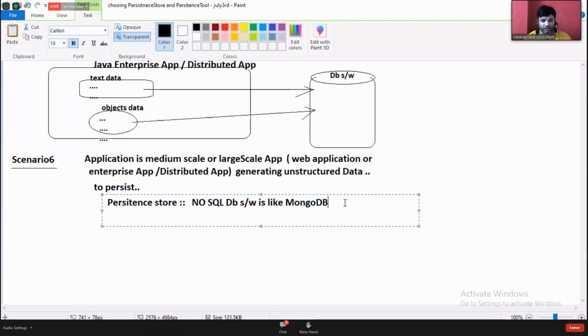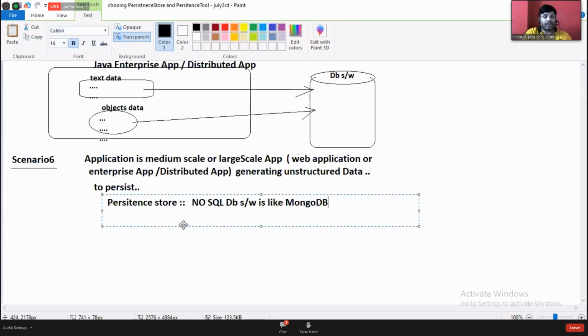From our computer to the destination computer, text data over the network will travel in different formats. Maybe XML, maybe JSON, maybe bits and bytes, whatever it is. So JSON and XML fall under that category. Mode of transportation is different from storage.